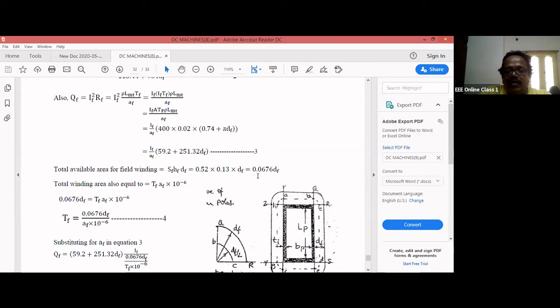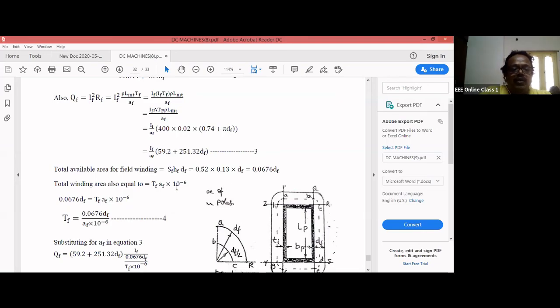So you get 0.0676 DF. Total winding area is also equal to the number of turns into area, TF into AF into 10 power minus 6, which converts to meters. Since these two are related,